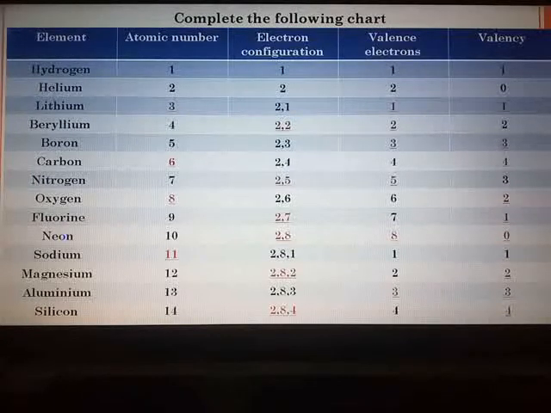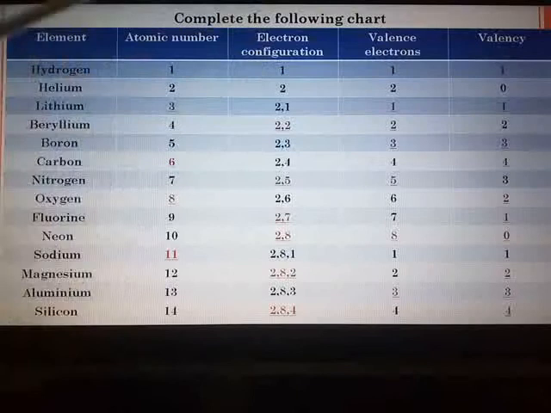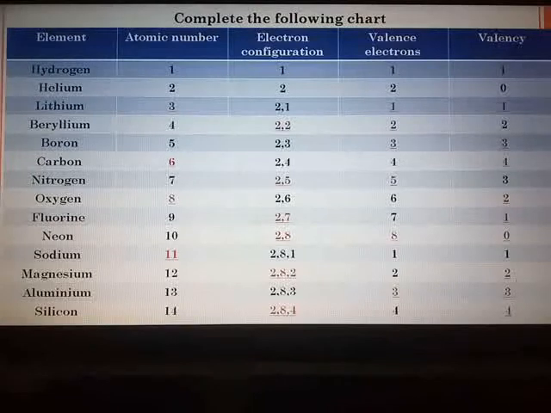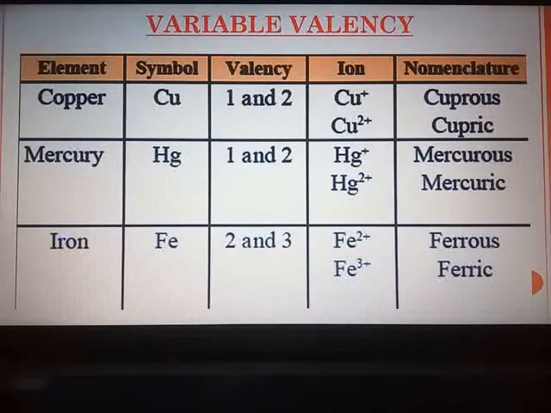Now here we have seen that each and every element has its own valency, but under different conditions. Atoms of some elements give away or take up different numbers of electrons. Here we had seen hydrogen, only 1 electron is there, or lithium 1 valence electron, beryllium 2 valence electrons. But there are certain elements which give away or take up different numbers of electrons, and in such cases those elements exhibit more than 1 valency, and this property of elements is called variable valency. Variable, variations, different valencies, more than 1 valency.